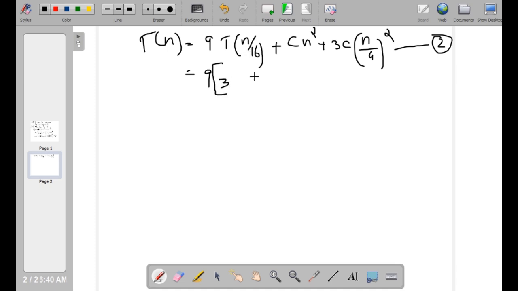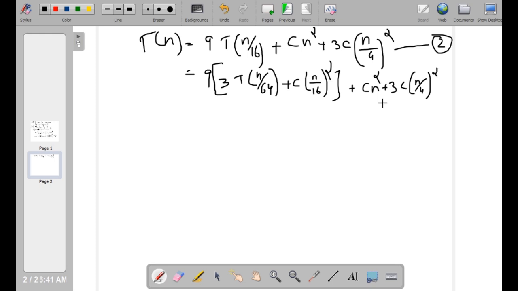It will be replaced by 3T of n/16 into 1/4, that is n/16 by 4, n/64, plus c(n/16) square, since the previous problem size is n/16, plus cn² plus 3c(n/4) whole square. This will be equal to 27T(n/64)